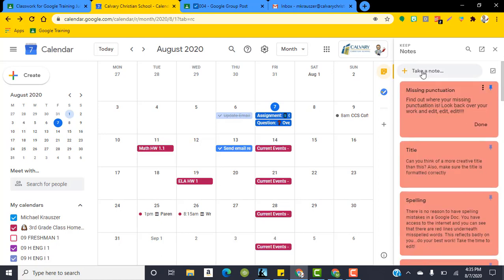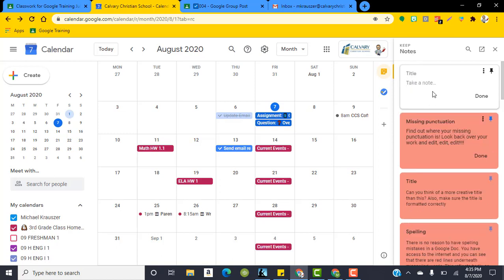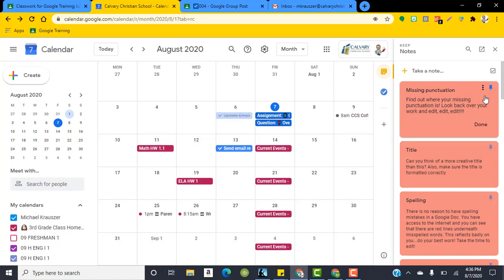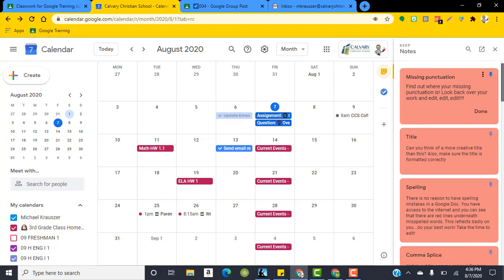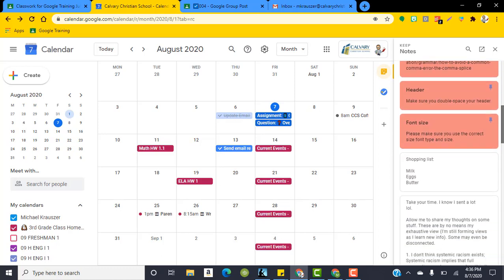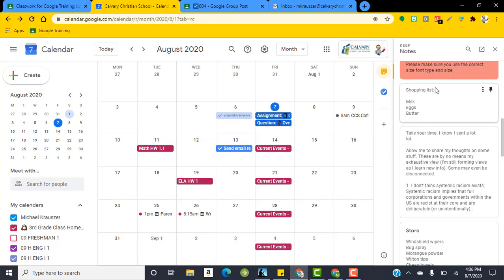It could be like little notes, right? So I can hit the plus sign, add a note, and it could just be something like, maybe I'm thinking while I'm in my calendar, oh, shopping list, I remember I need milk and eggs and butter, right? And I'm going to go ahead and hit done, and it's going to put that note in here for me. Now, you don't see it because these are all pinned at the top, but right underneath the pinned ones, I see my shopping list, and I could click the menu button, and I could archive it,